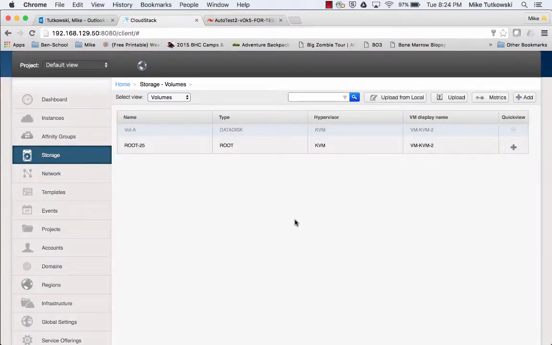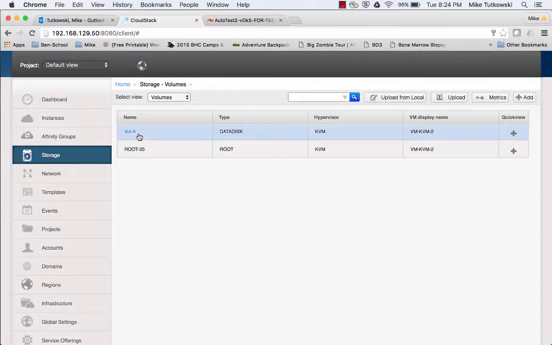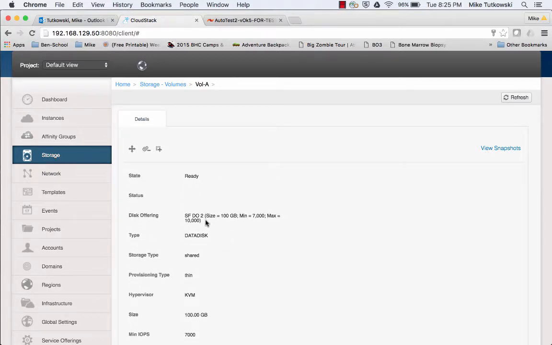Now CloudStack will let the SolidFire Storage plugin know about this, and the SolidFire Storage plugin in turn will talk to the underlying storage area network and make the appropriate changes. So the volume has been resized. If I click on Vol-A within the table and scroll down, we can see, and I'll highlight it here,